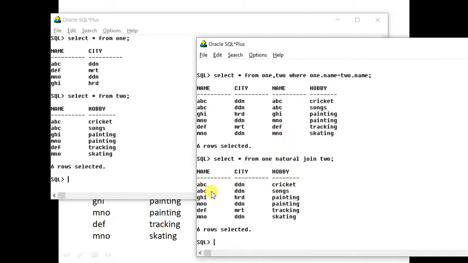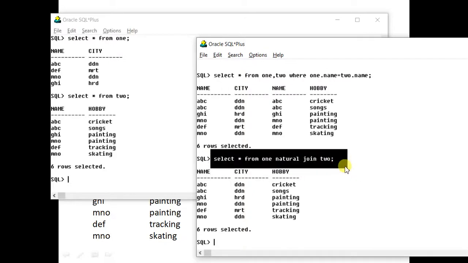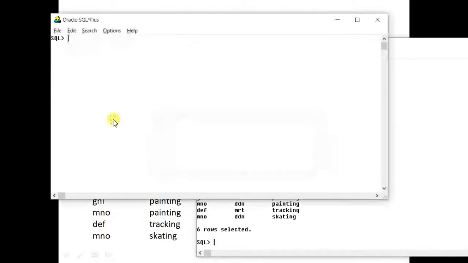So natural join is useful when you are sure that the name of the column in both tables is the same, and secondly you want to eliminate duplication of a column. Then you can use natural join. But if the column names are not the same, natural join cannot be used. Okay, it will give a different kind of answer that we will very soon see. So please make sure that you have understood this, note it down in your copy, and do make notes out of it. Let us see one more example of the same.